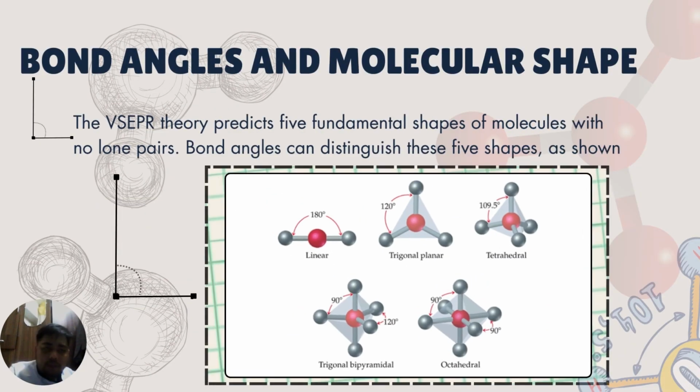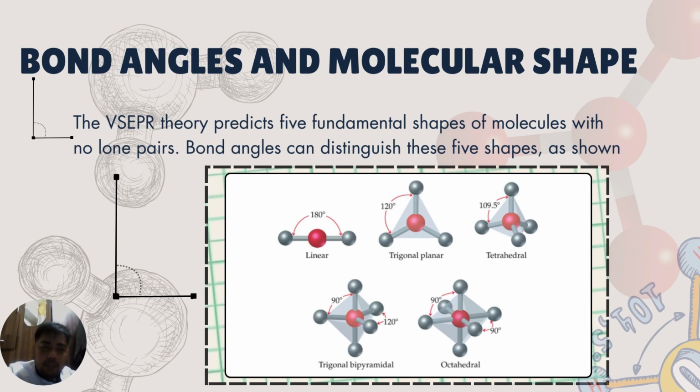Bond angles and molecular shape. The VSEPR theory predicts the five fundamental shapes of molecules with no lone pairs, and bond angles can distinguish these five shapes. We can see here that a 180 degrees bond angle is called linear, and the one with 120 degrees is called trigonal planar, and with